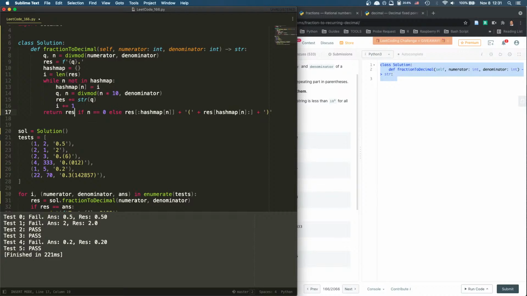No, I don't like rstrip. So while n is not equal to 0, how about that? And n is not in this. So now they can't even come in, right? And then